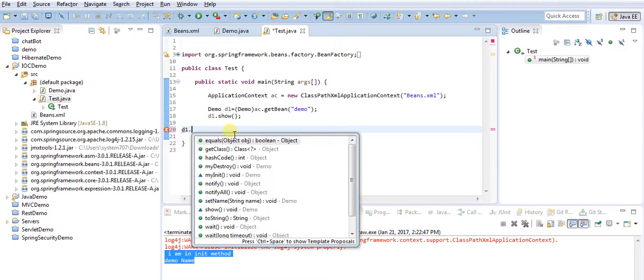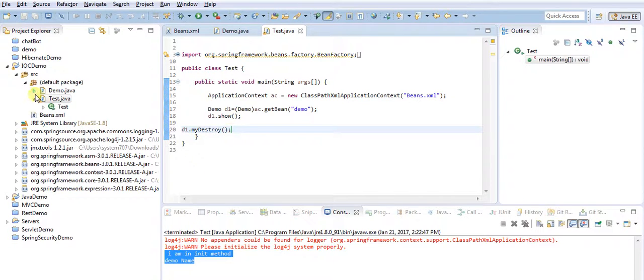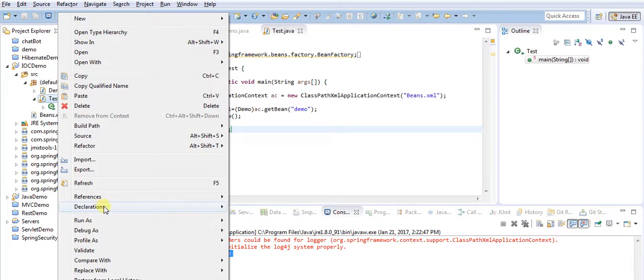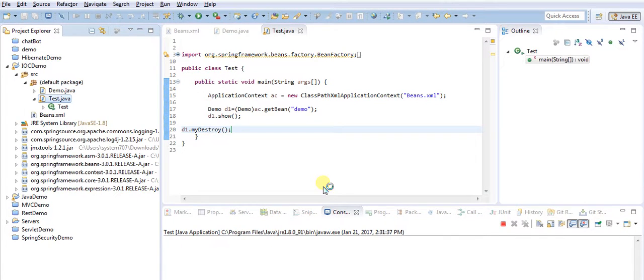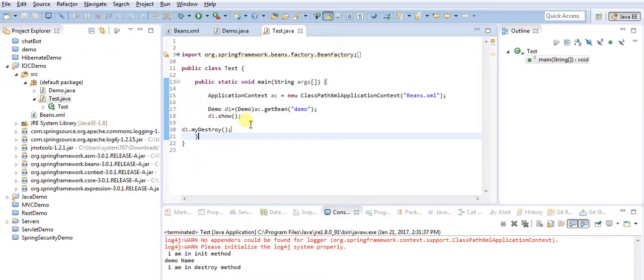So d1.destroy. Now if I run it, it will print destroy and init both, meaning the content of destroy and init both. See, here it is printing the init method and here it is printing the content of the destroy method. So yeah, this is the restriction, but you can solve this problem by using